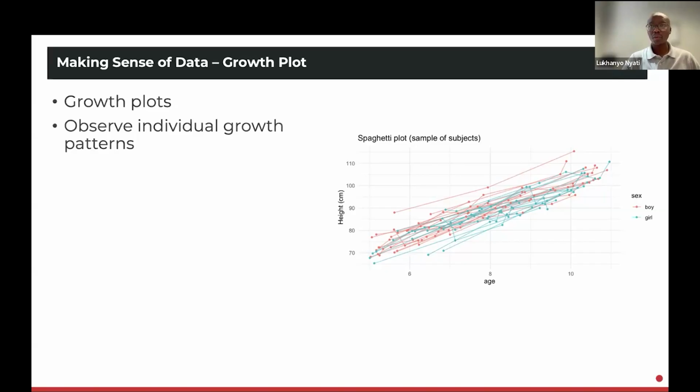The researchers in this particular study measured biparietal diameter, femoral length, head circumference, and then we estimated fetal weight as well, and abdominal circumference as well. And you could clearly see by performing these plots that there were discrepancies in the data,